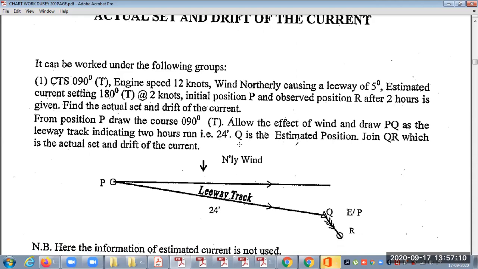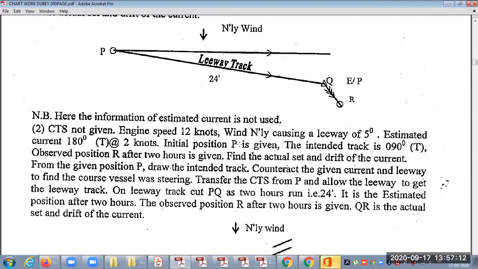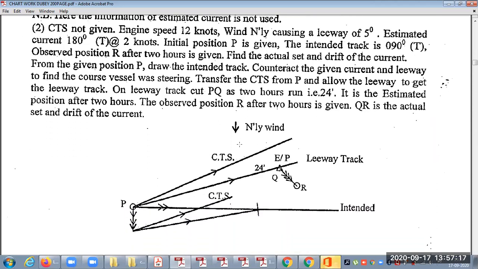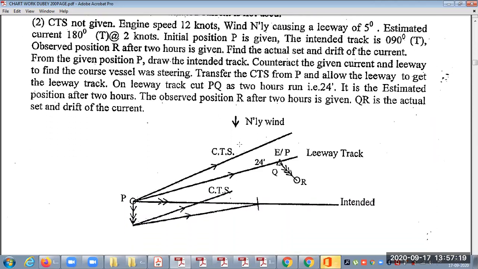Now the next case. We are not using the set and drift of the current which is given in the question here. The next case is where the course to steer is not given, but the intended track is given. It is not the actual course to steer, but the approximate intended track, which you can say is the approximate course made good.